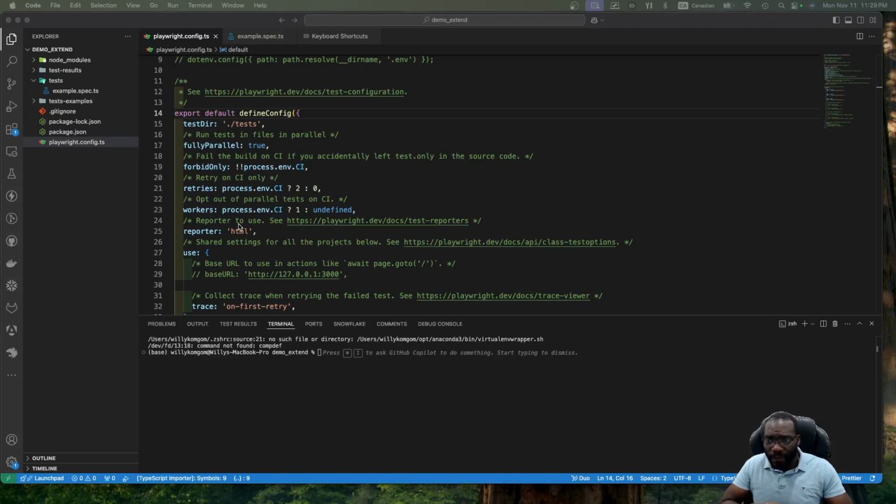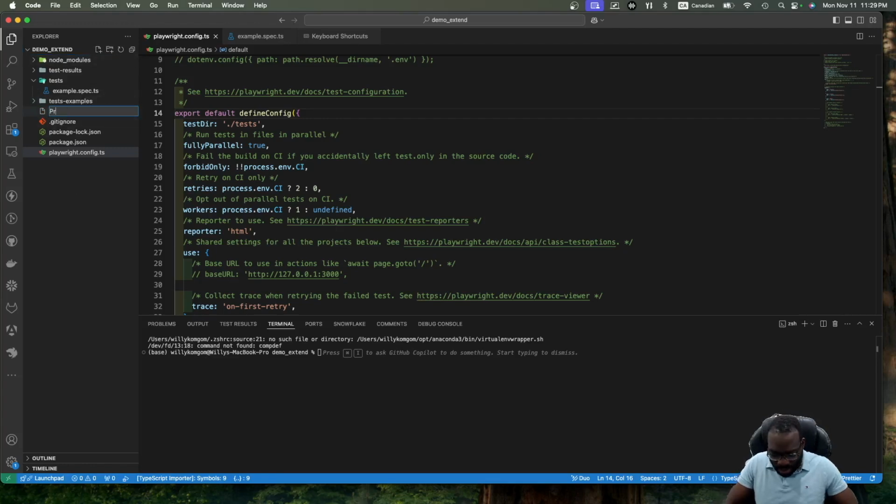the thing we have to do is extend a class called Playwright test config, where all those properties are defined, and add our own. So we'll do it by first creating a new file there. We can call it project test config,